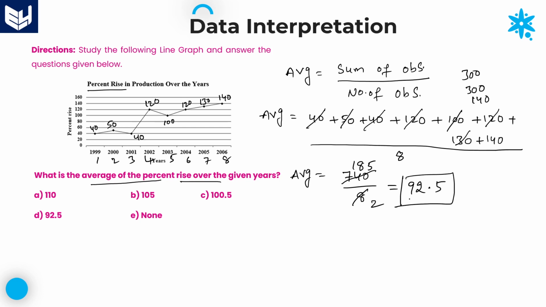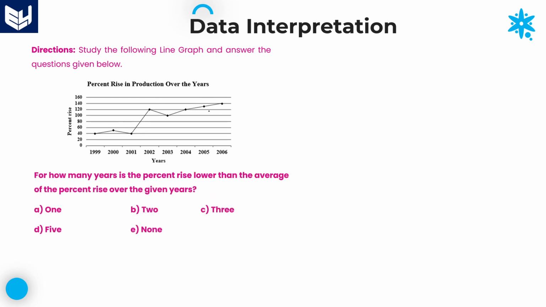92.5, that is the average of percentage rise over the given years. 92.5. That is our required answer, which is option D. Option D is the right answer for this question. Let us look at the third question. Here the third question is for how many years